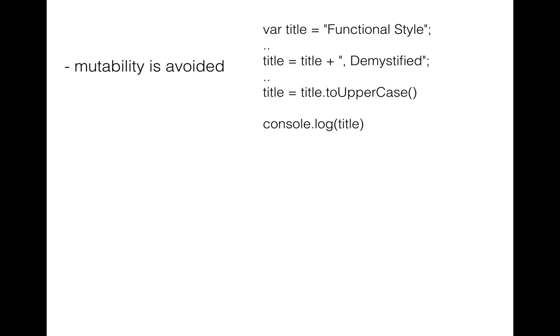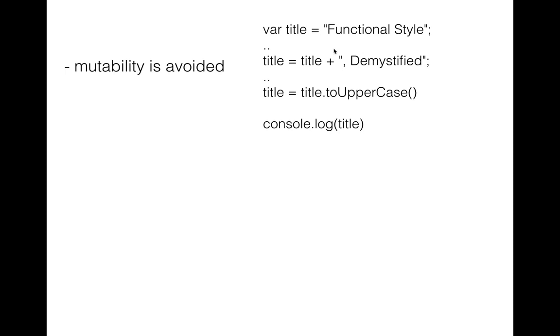The second concept is state change is avoided or mutability is avoided. This allows for easy debugging. So here you can see variable title having the value functional style, and later the value is changed to functional style demystified, and then later we change the case to uppercase. So this is a very simple snippet,